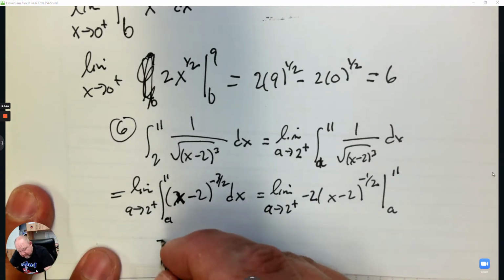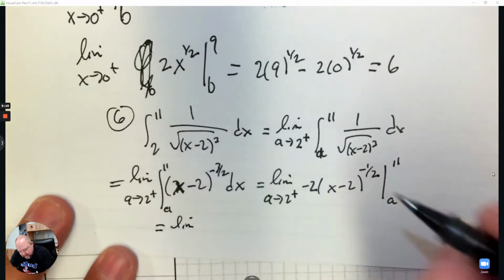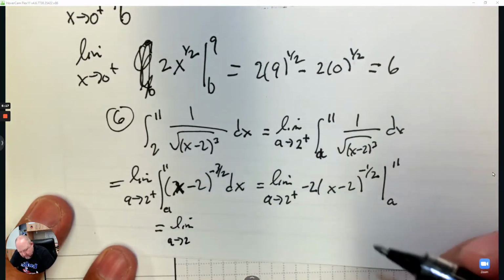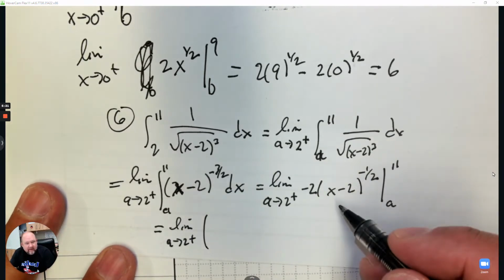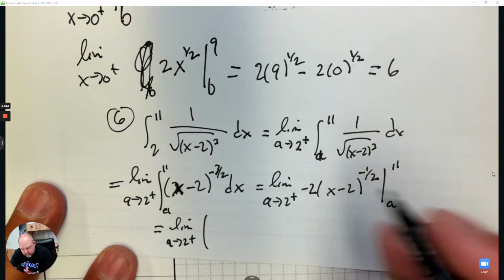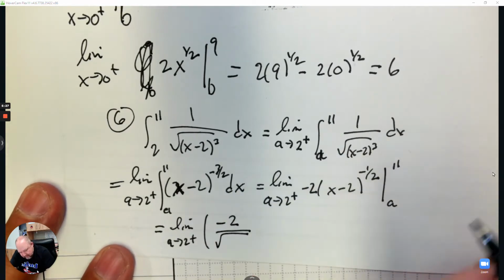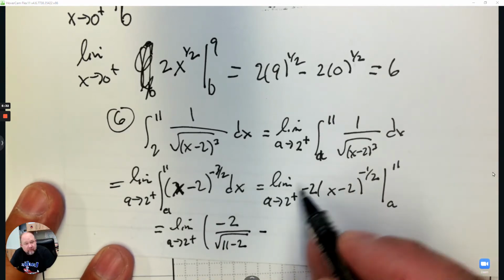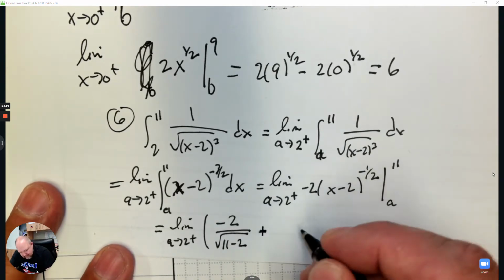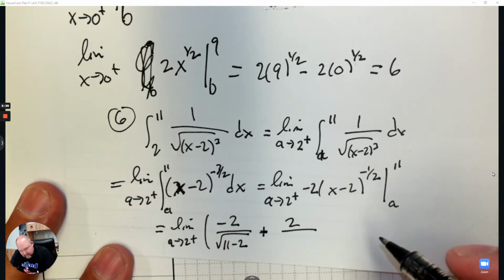Plug in 11. Now it's good to know, here we have the limit as a approaches 2 from the right. So I'm going to write it algebra friendly. That's negative 2 over the square root of 11 minus 2. Subtract. Now when you subtract a negative, it'll be adding. And then when I plug in a,